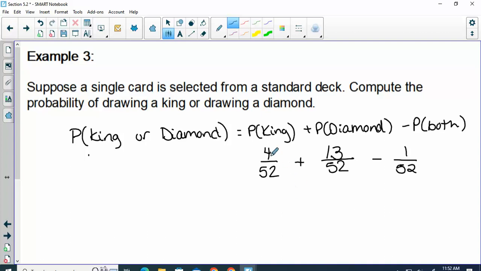So if we add that up, 16 out of 52, which is what? 4 over 13 if you want to keep it in fraction form. And if you went to decimal, you would get